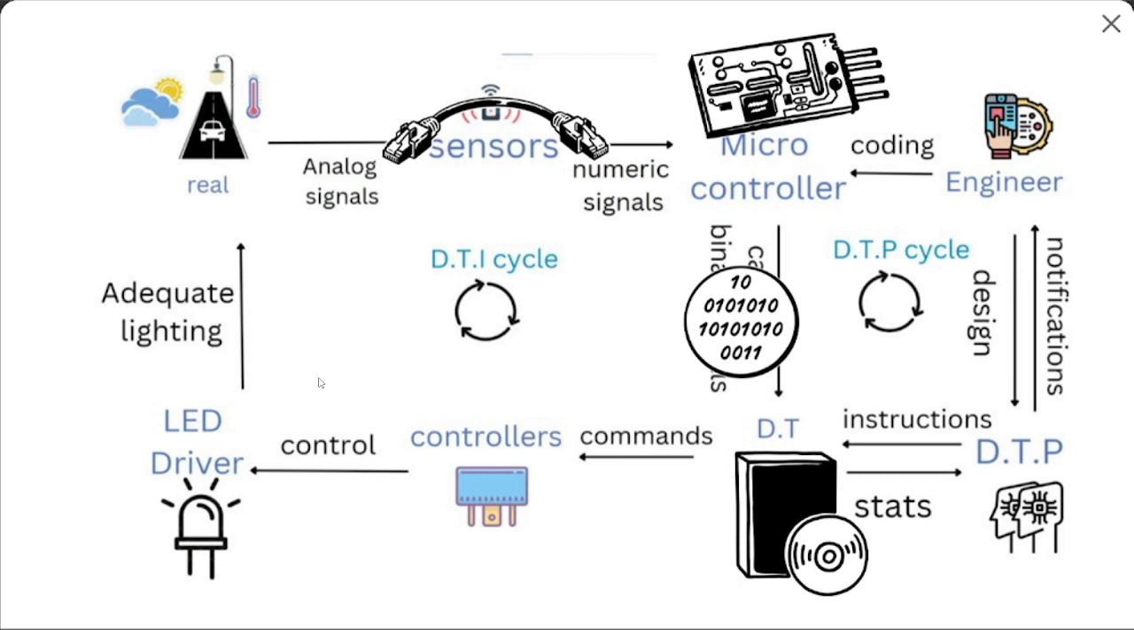The sensors collect data from the luminaire and its surroundings and send it via microcontroller to the DT, then the controllers act on the luminaire using commands sent from the DT. By implementing such a system, we can effectively mitigate common issues associated with traditional street lighting, while achieving greater energy